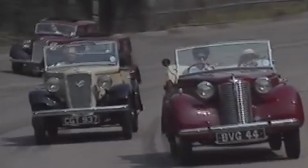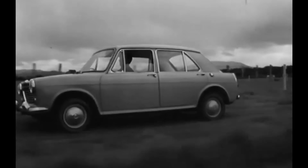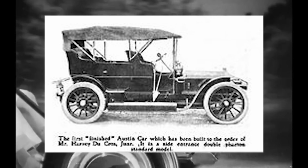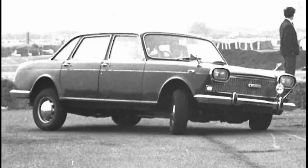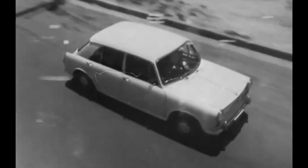In the history of British car making, there is one name that comes up consistently: Austin. Founded in 1905 by Herbert Austin in an abandoned printworks in Longbridge, the company went on to create some incredibly iconic and successful models, from one of their first cars, the 25/30 in 1909, to the incredible Austin 3 Litre, launched in 1968. Austin cars were a staple of the British motoring industry for decades, which led to the abandoned